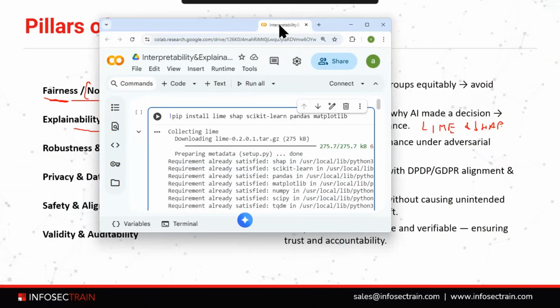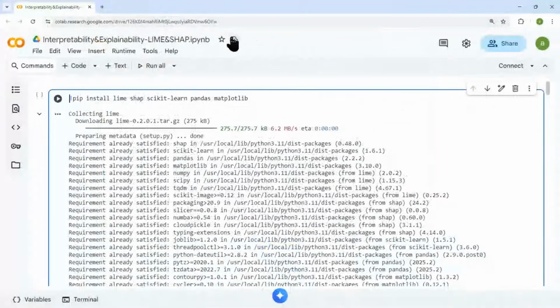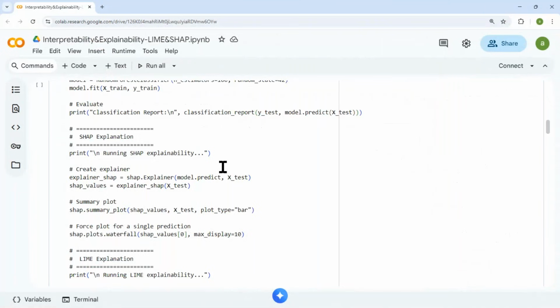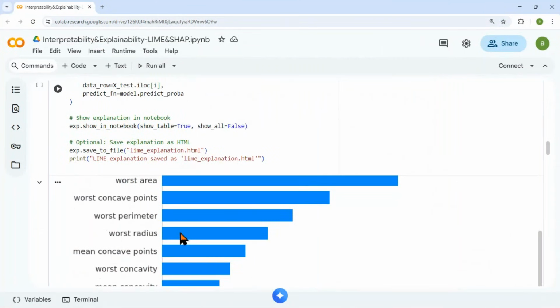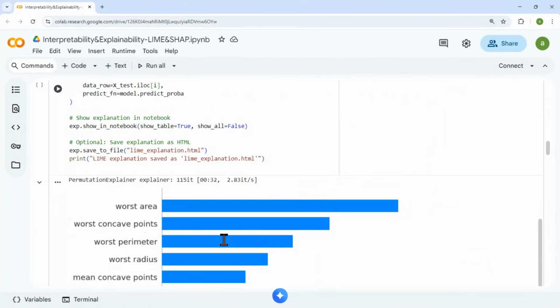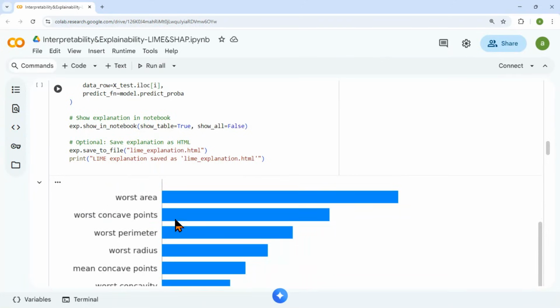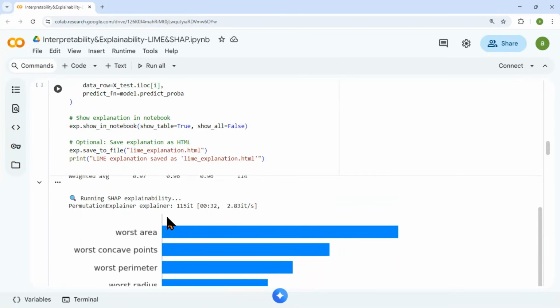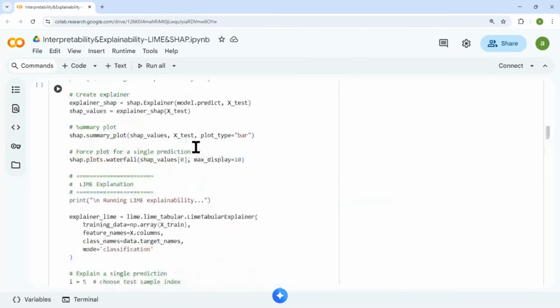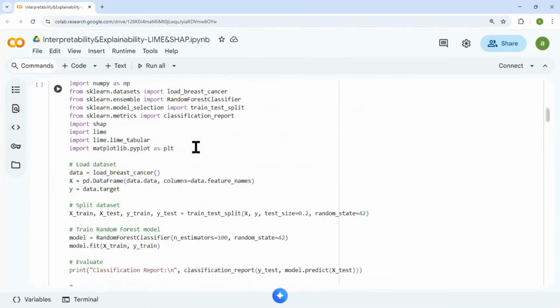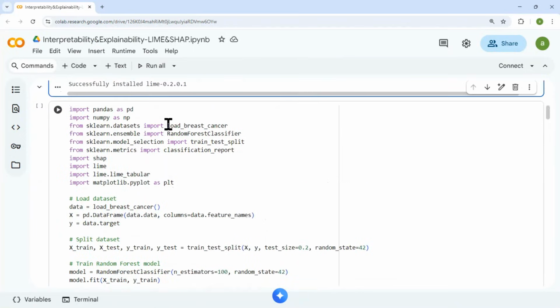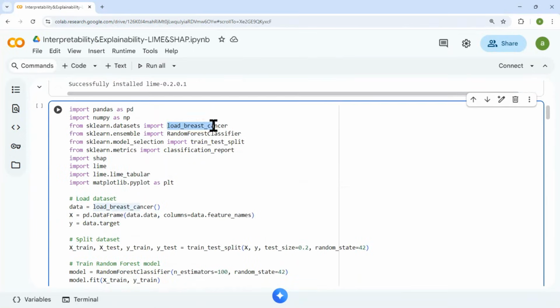So you can see here I have this interpretability and explainability using LIME and SHAP. Code is not important as of now because we are lacking time, and the code part we will see once we know the Python basics. Also, if you're interested, we have a course on AI powered cybersecurity where you learn all these things. You can see this is a data set we have used to train our model to identify